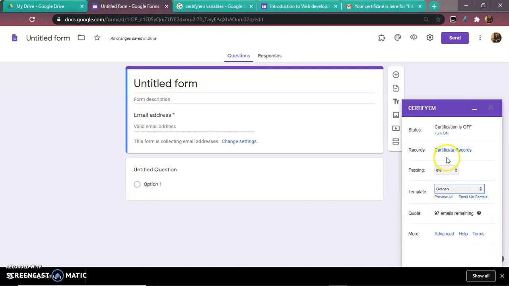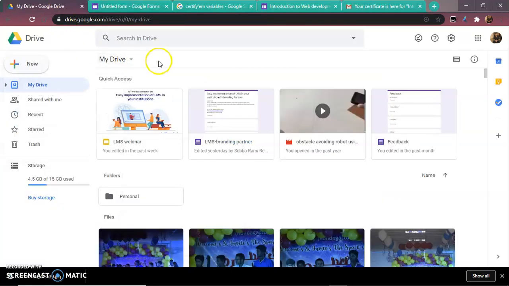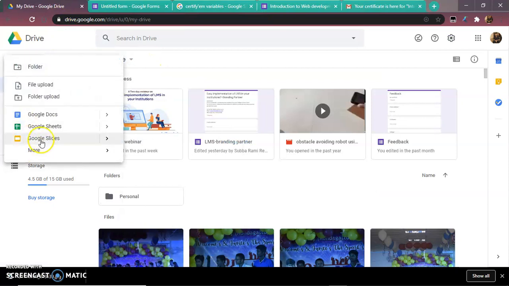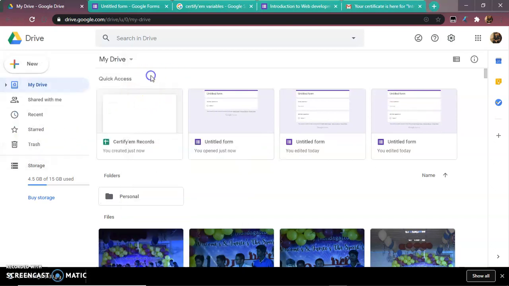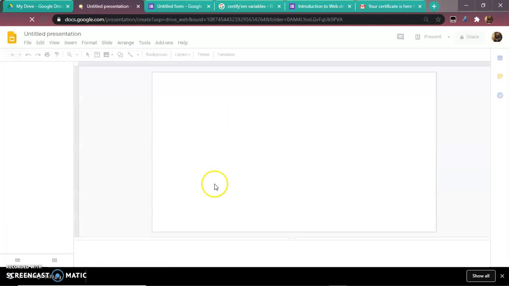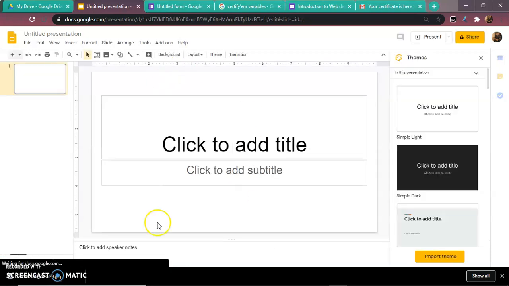So now let us see how to create a custom template, and after doing that we will include that particular custom template. So for that, let us get back to this Google Drive, and we have to click on new options, and we have to click on Google Slides. So finally we have to create a Google slide over here, a Google presentation with one slide. Clicking which, it creates a Google presentation. So you can just do some editing to this particular slide and create your custom template.